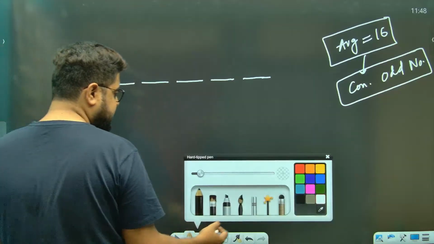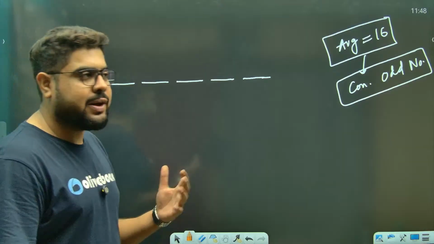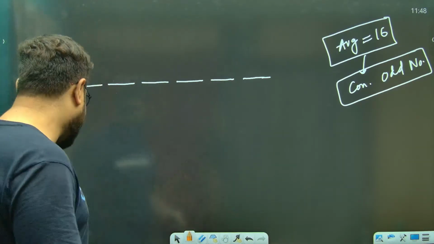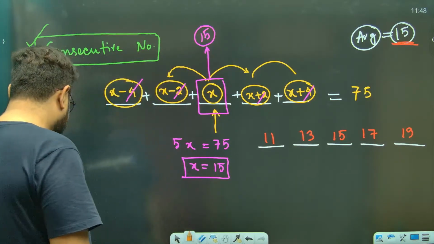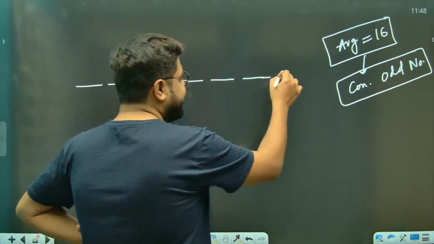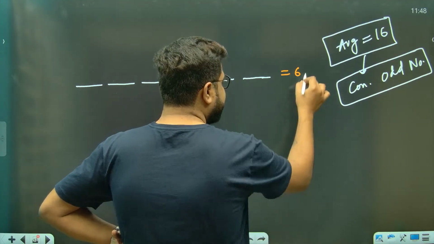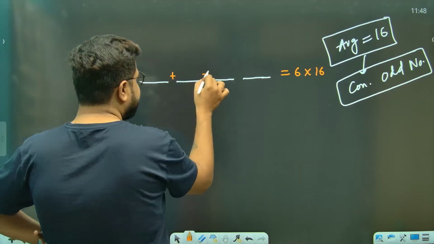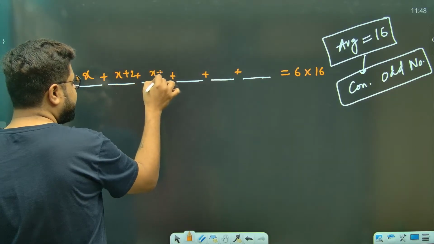You'll say, if I go with whatever you just told us, there is no middle. The problem is there is absolutely no middle. So what happens? Many people for odd numbers do this, but when it comes to even numbers, no, remove this, I don't want to get stuck. So sum is 6 into 16, and the plus I'll do. Plus definitely they will do. But we will do it like this: x, then x plus 2, then x plus 4, and so on, the basic method.